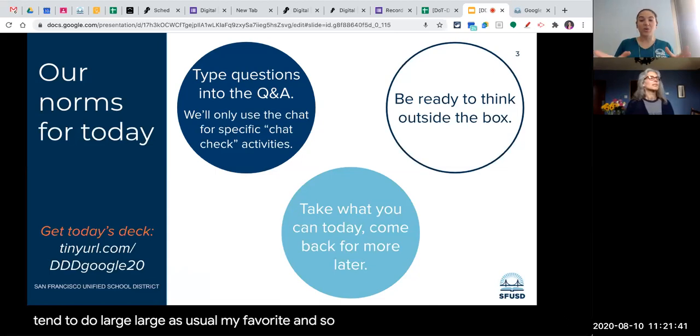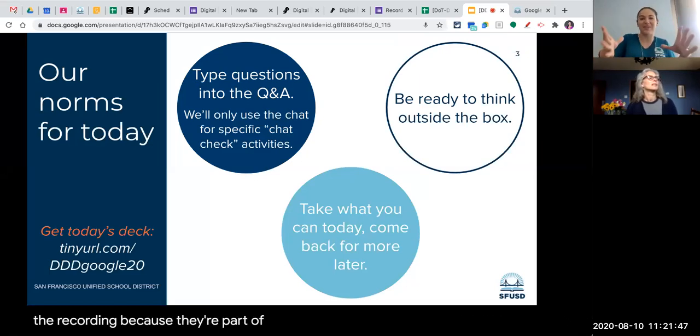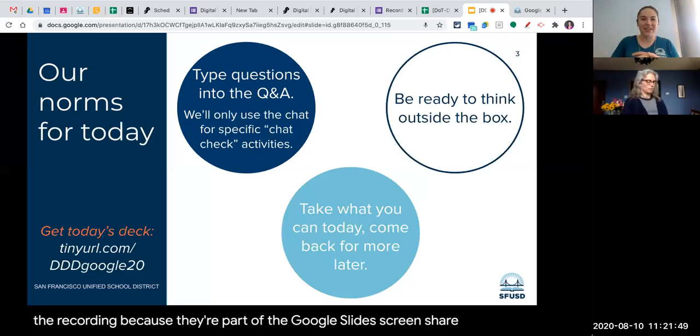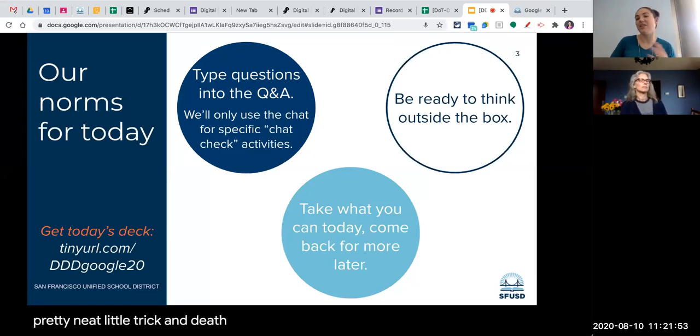And so we're recording this right now. You'll be able to watch this recording later, and those captions will show up on the recording because they're part of the Google Slides screen share. So pretty neat little trick, and definitely a thing you can think about using with students. Okay,